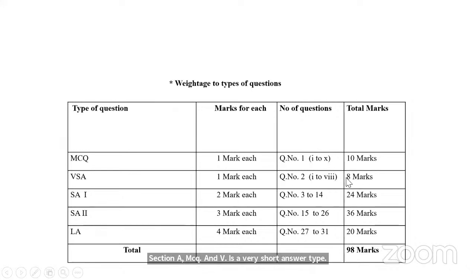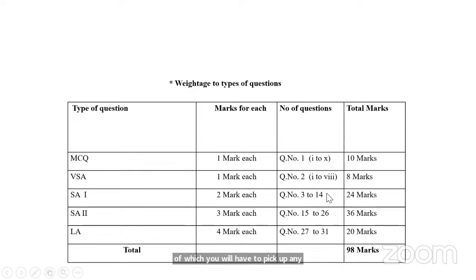So 10 MCQs and 8 very short answer type questions. So the total is 18 marks. As you can see, the SA1, that is short answer type 1, is your section B, where you will be given 12 questions of 2 marks each. So with option, the weightage allotted is 24 marks, out of which you will have to pick up any 8